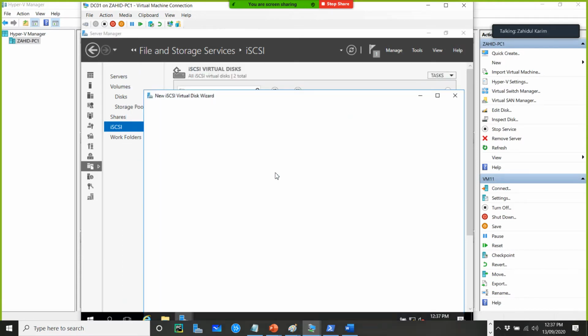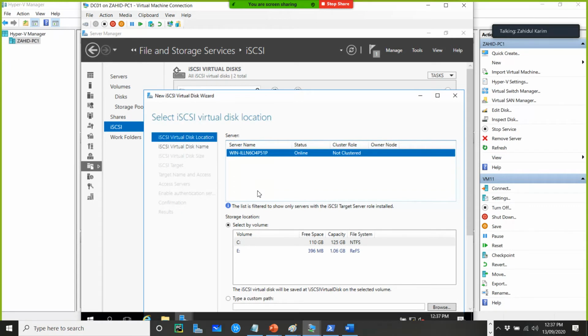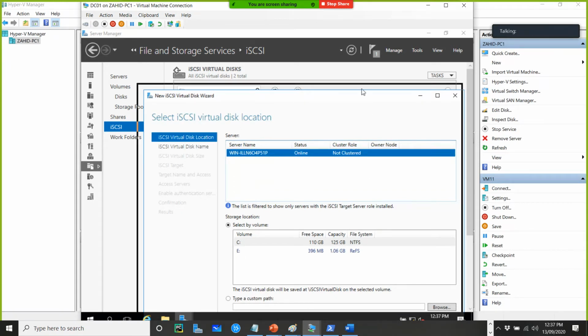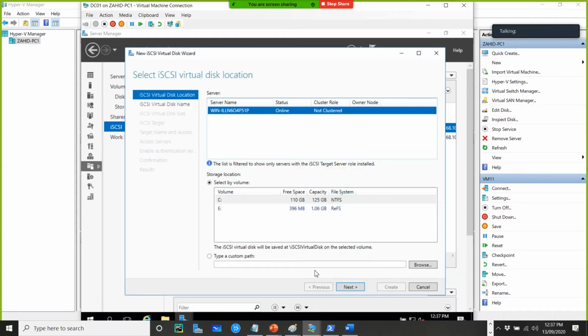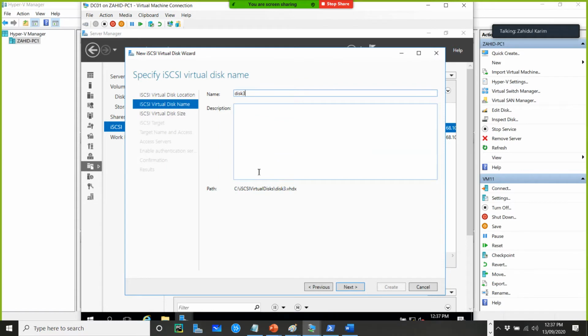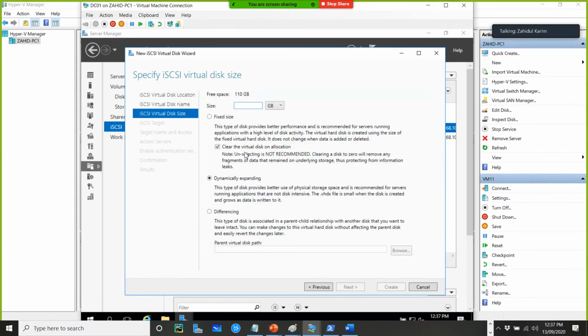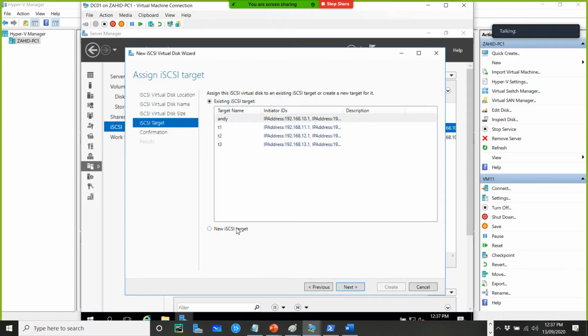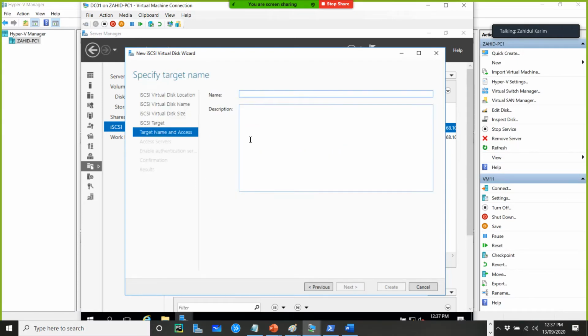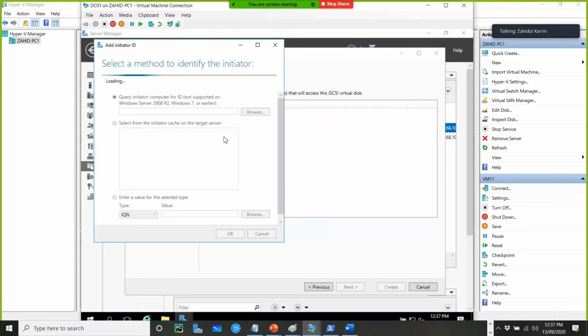So I'll create a new virtual hard disk. This is disk 3. Next, 10 GB. Next, this is for device SCSI target. This is for Dawn. Next, add